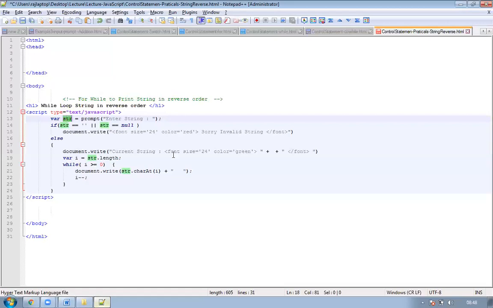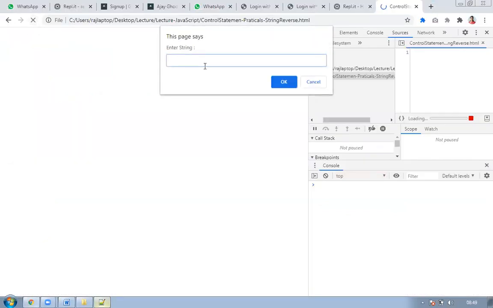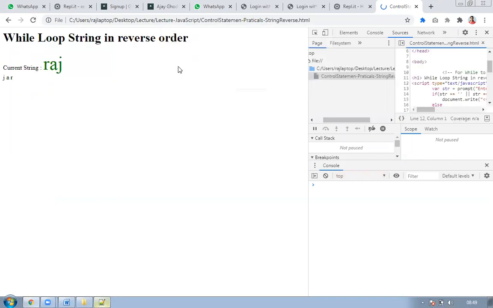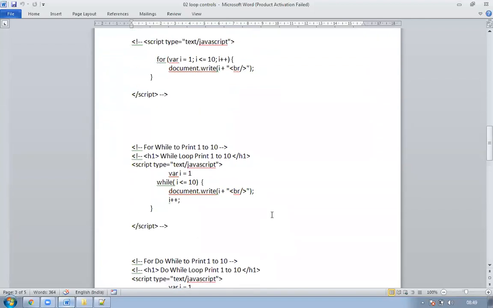In that case, we want to display a string. The string is stored in this variable. I copy that variable and paste it here. And now I want to go to a new line after printing it, so I'll be using br. Fine. Let's check it again. Refresh. This is Raj. Yeah, it prints the current string as Raj and the reverse string as Jar. The font is height 1, so it is displaying in capitals. That is okay, fine.